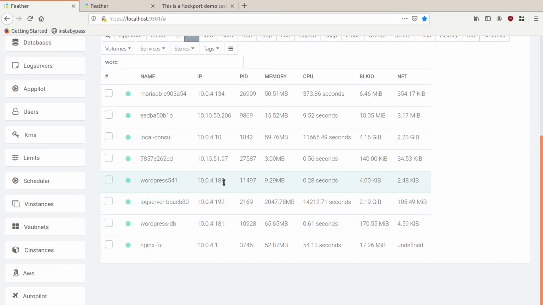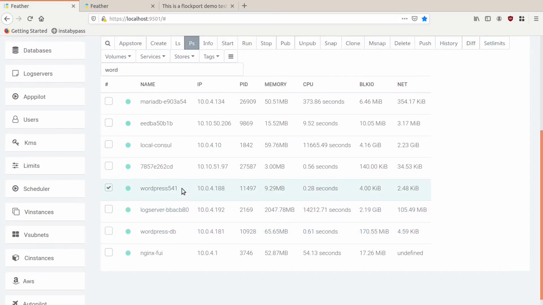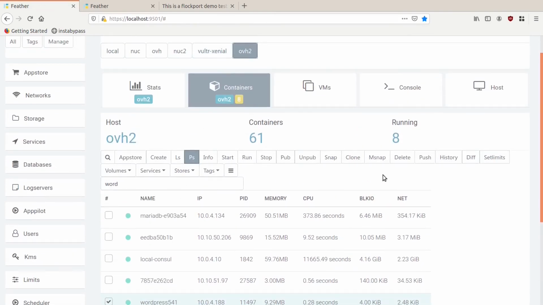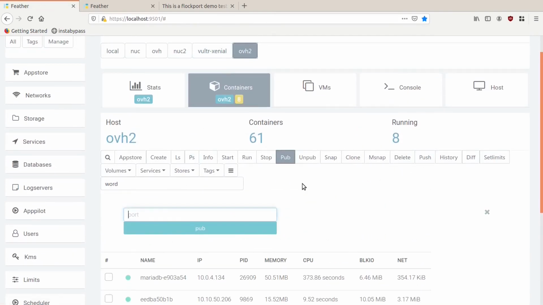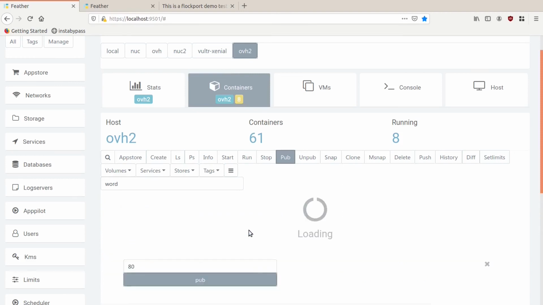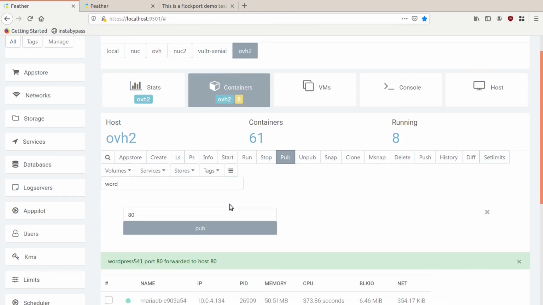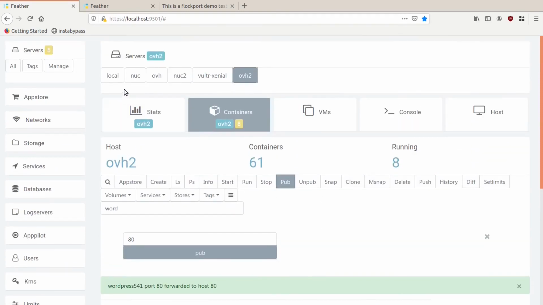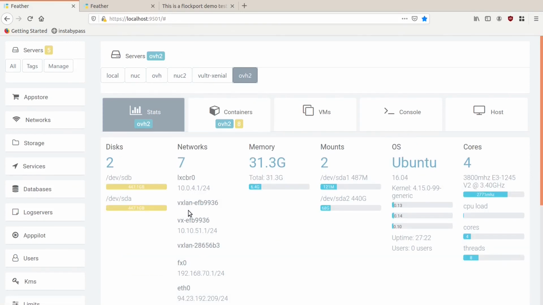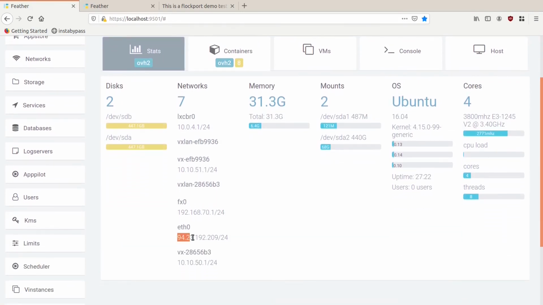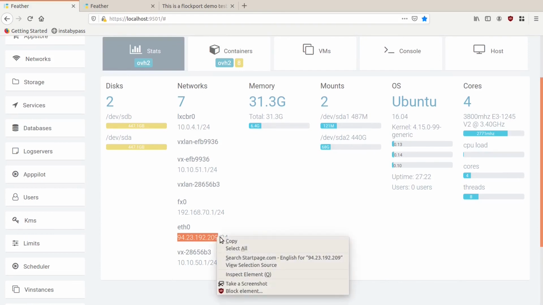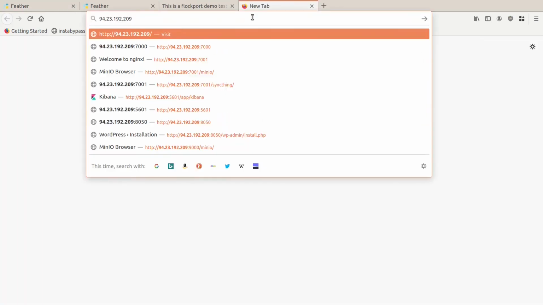So since we're on the cloud server, we're also going to have to publish the port. So WordPress is on port 80. So we will quickly publish the port with the pub command. So we're going to publish port 80. So this will then become available on the server's IP. So let's quickly go and get the server IP. And since this is port 80, we can simply enter the server IP and we should be able to then